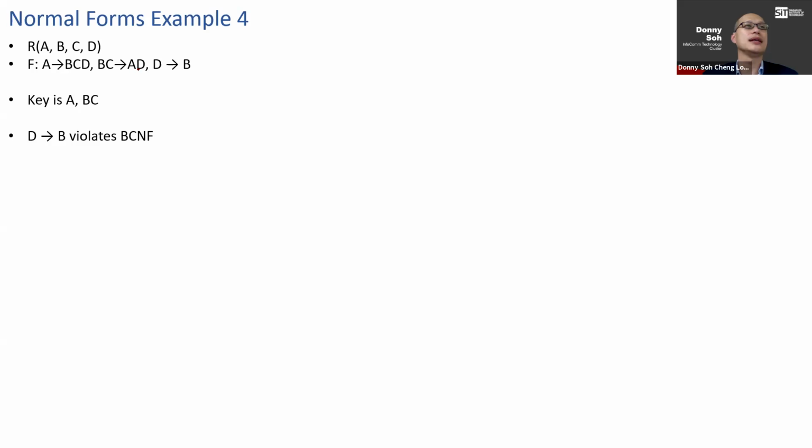B, C implies A, D, D implies B. And the keys are A, B, C. So we have prime: A, B, C, and non-prime, which is D. Okay, the first thing we want to do is we always check to see, is it first